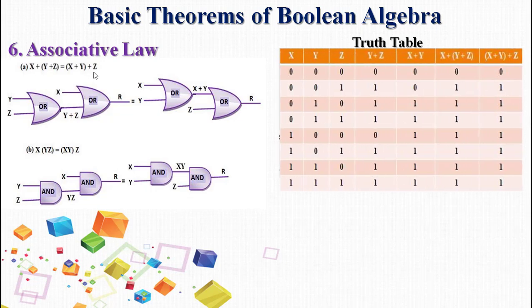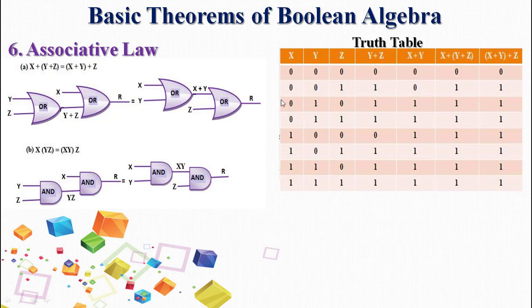So in the entire expression, on the left hand side or the right hand side, you can find three variables, that is x, y and z. Here also x, y and z. So it is 2 to the power 3, 8 combinations will be there in the x, 8 combinations in the y, z will have 8 combinations too. So input and output will have all 8 combinations. So 8 divided by 2 is 4, 4 zeros, 4 ones.